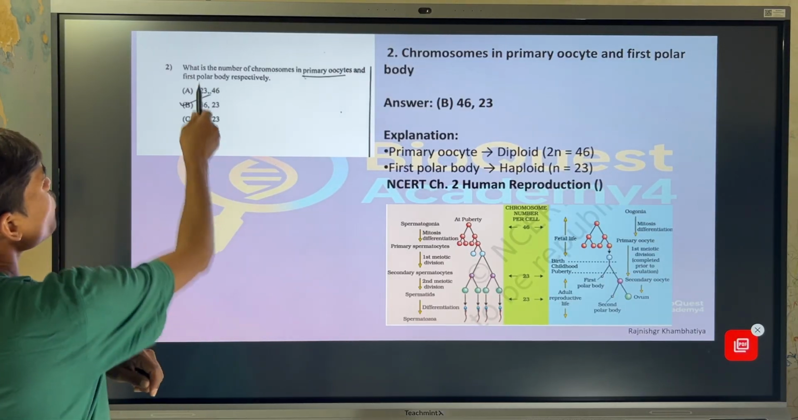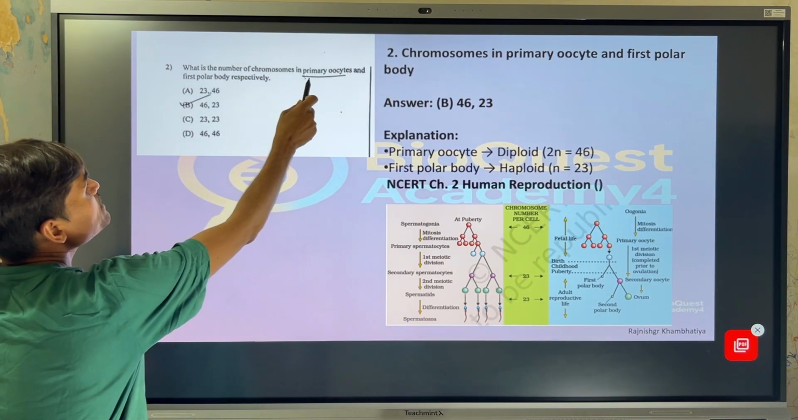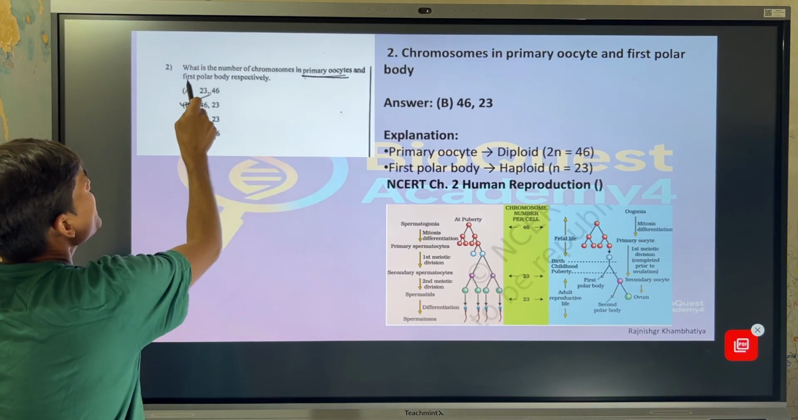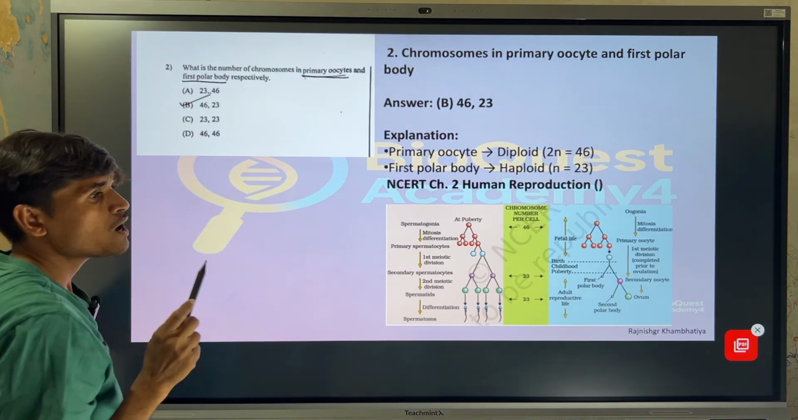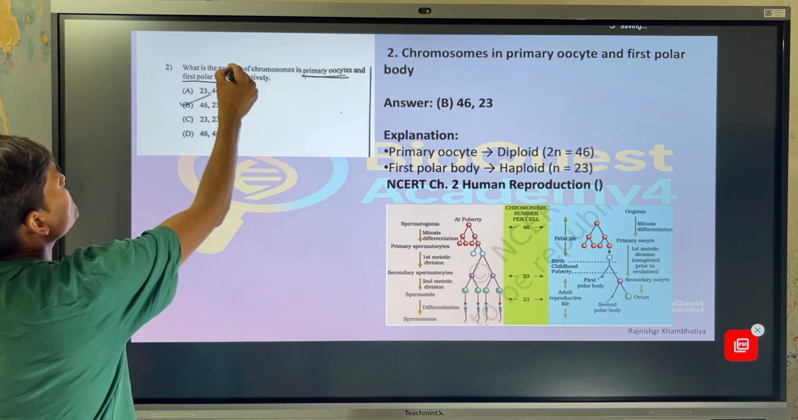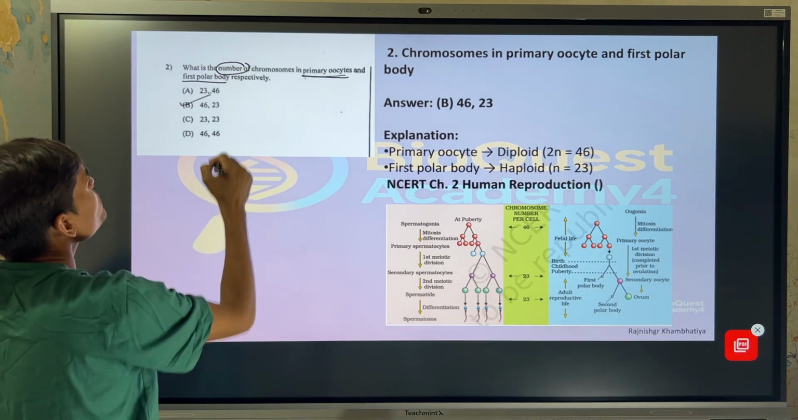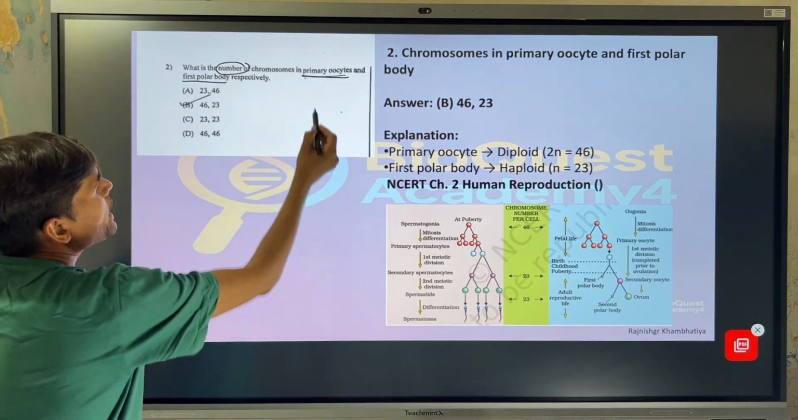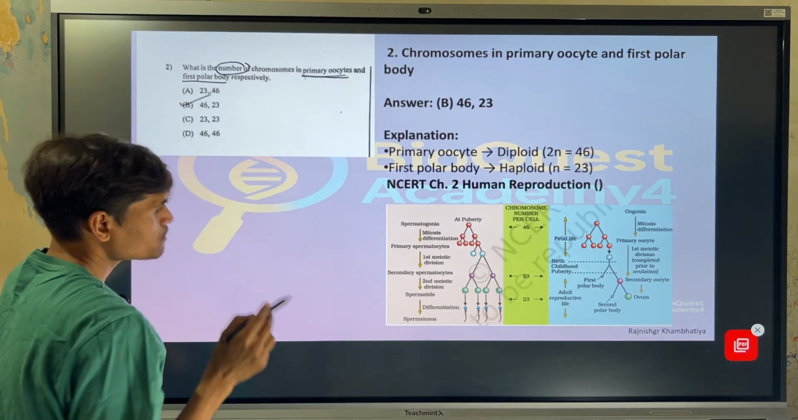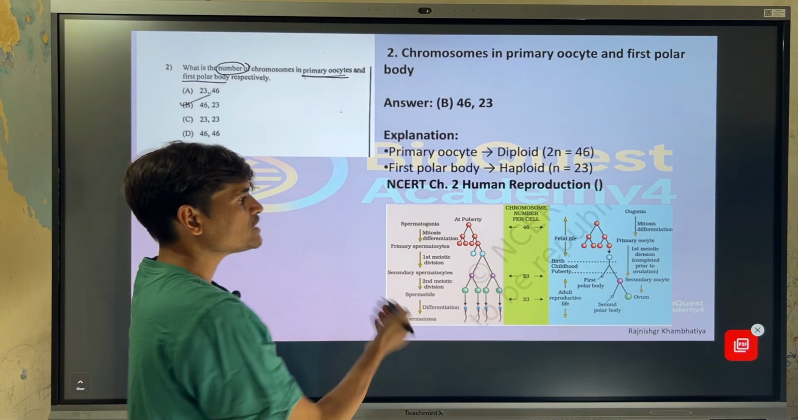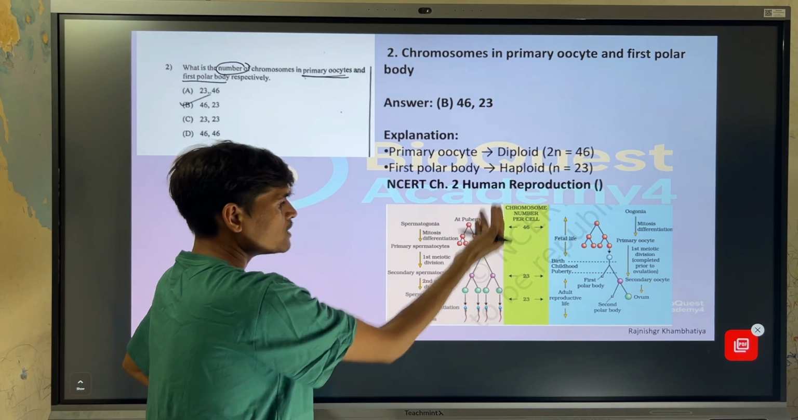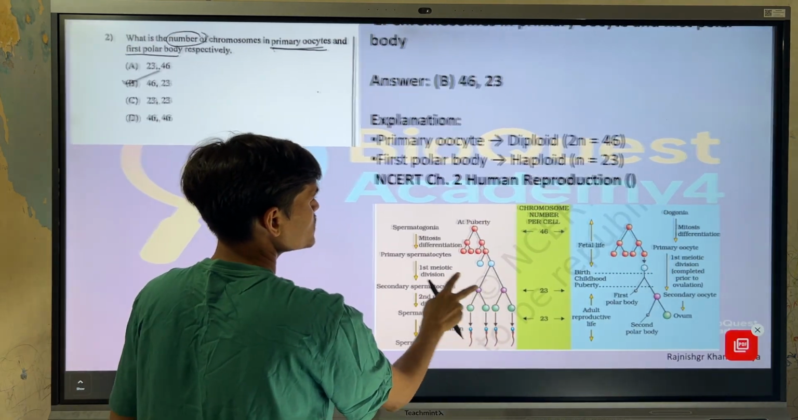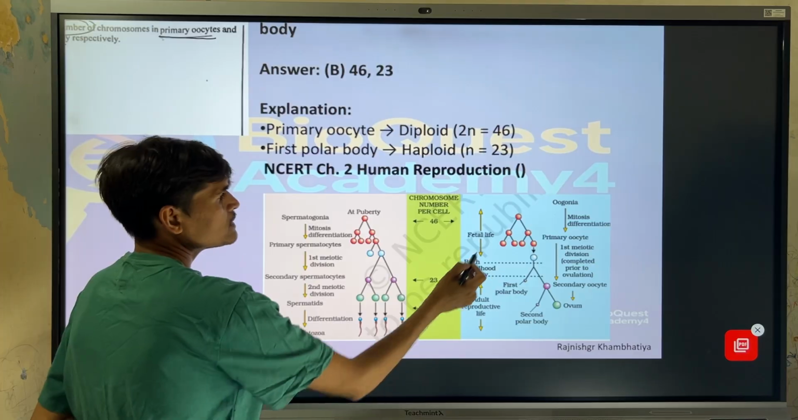Question number 2. What is the number of chromosomes in primary oocytes and the first polar body? You have to give the numbers of chromosomes in the primary oocyte and the first polar body. Again, we can answer directly from this diagram. Let me show you the diagram. So this is the